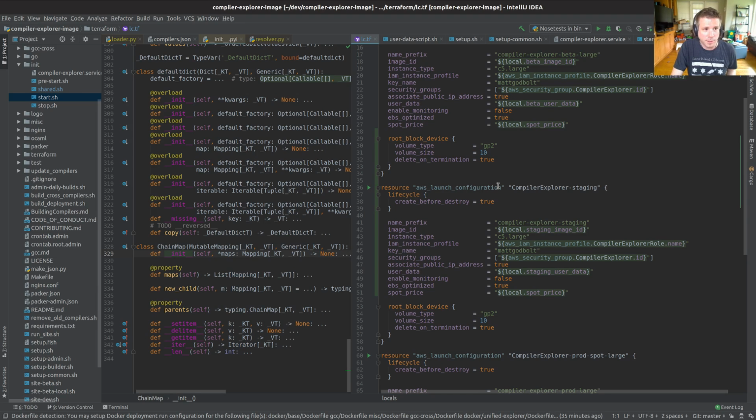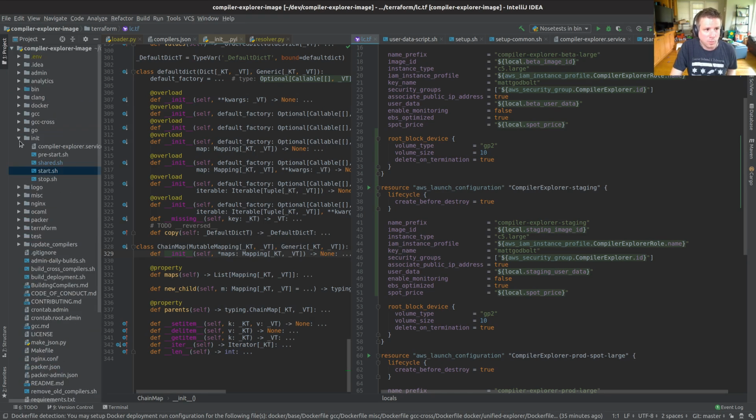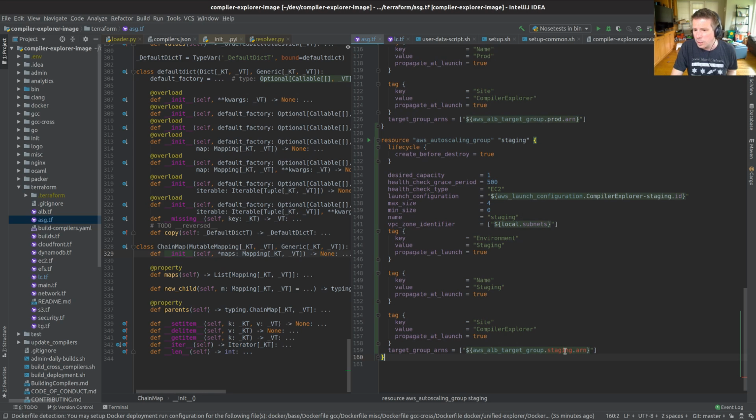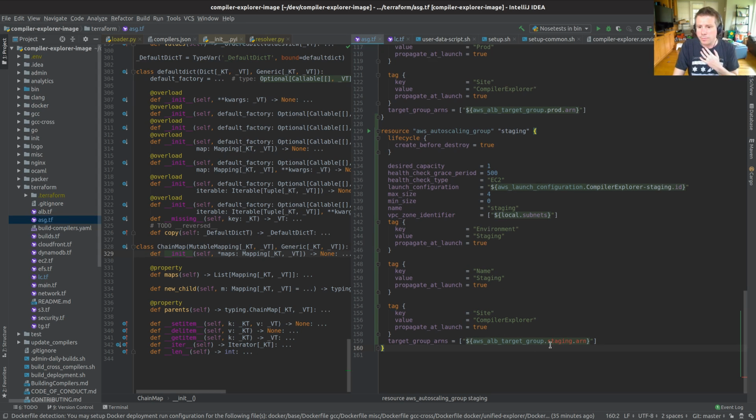All right. So now we can pop the stack one more time. Let's go back to all of our configuration in Terraform. And somewhere in the auto scaling group, we now have a launch configuration that makes sense. Everything else seems to make sense in here as well. And then we need a target group of staging. So let's go and make a target group.